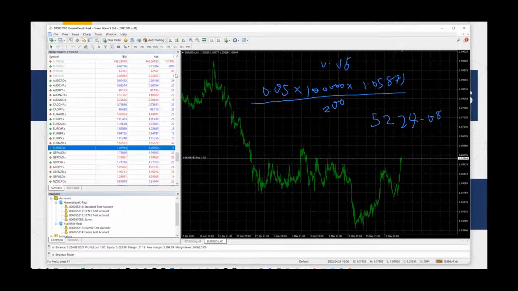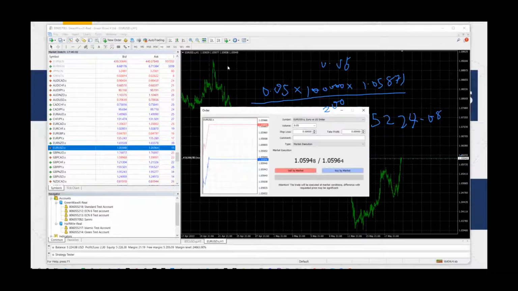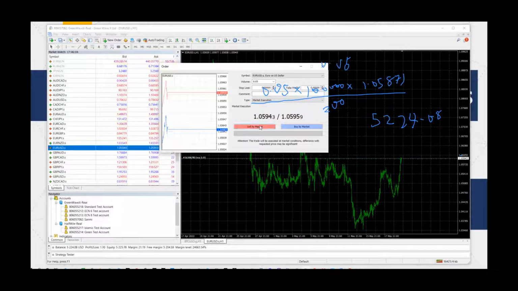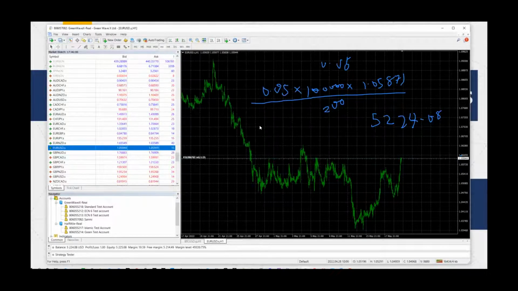Okay, let's try to open a sell trade. And you see now when you open a sell trade, on the market, it's like you are hedging. That's what we call hedging. When you open a sell trade, you can see how my margin reduced on the same instrument. If I open another sell trade,